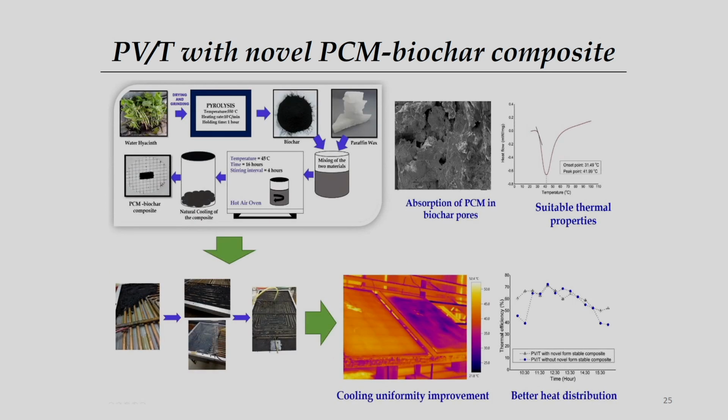Also, there is an emerging technology. If we develop some kind of substance which can provide uniform temperature and that too stable. Okay. So, that is a very good idea. So, already we have initiated this kind of work. The work is something like this: we have collected some kind of biomass. For our case it was water hyacinth, and then we pyrolyzed it at certain conditions of temperature, heating rate, and holding time, and we have generated biochar, and we have added this biochar with paraffin wax, and we have maintained some kind of proportions, and finally, we have done some kind of analysis, and what we got is a very good composite material